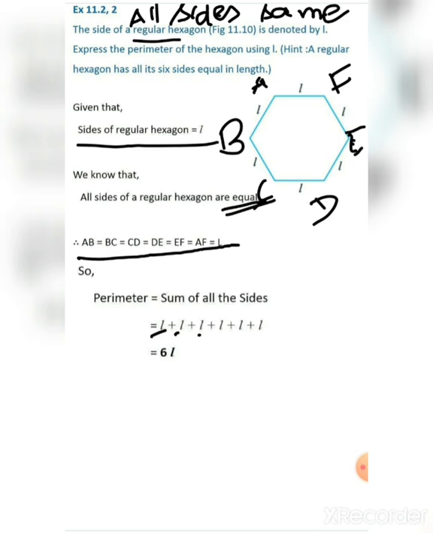You can count 1, 2, 3, 4, 5, 6. So 6 times l is equal to 6l. So perimeter is 6l of a regular hexagon. Okay. Now proceeding further.